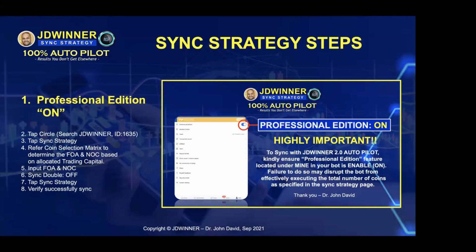If you don't turn it on, I am trading a lot of the orange coins, but you will not be able to see those coins being traded. So if you are running 30 coins or 25 or 27, you only see the blacks but not the orange, and sometimes you get frustrated because you didn't turn on the professional edition. Please understand the orange coins are volatile coins, and we need volatile coins because they have a better range and can give you much better profitability.